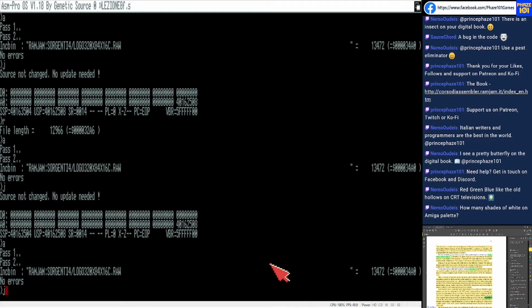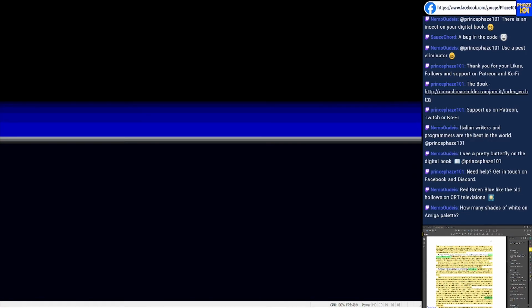What do you mean, how many shades of white? White is just one color, but it can go from black to white using grayscales, and the basic Amiga had 16 variants using the normal palette. Then you can extend it, but right now yeah, let's say 16. Actually it had 64 and even more, but I will be complicating things. So I'm just going to